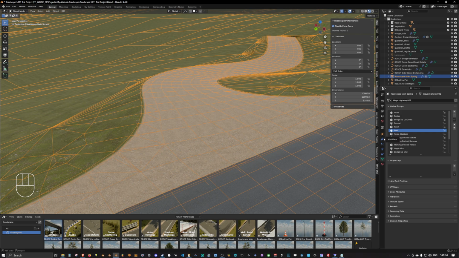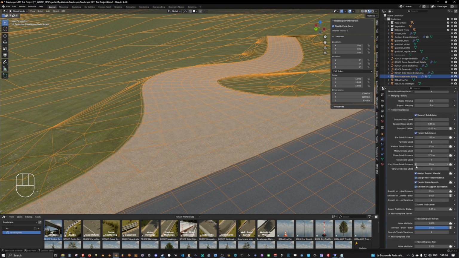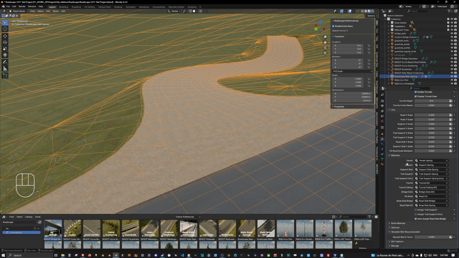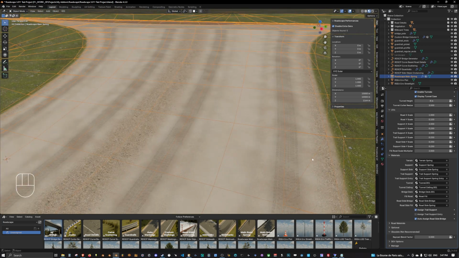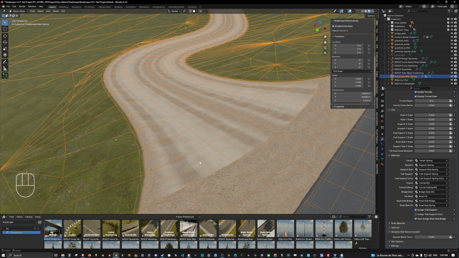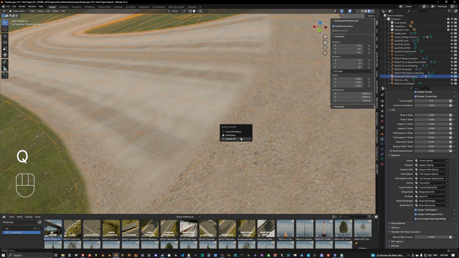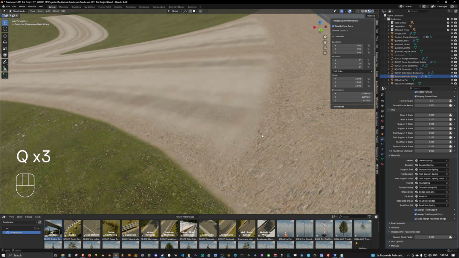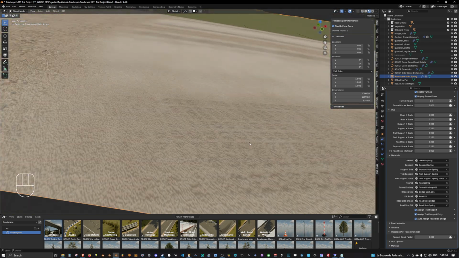The 3.1 version comes with dynamic texturing of the trail, and so we need to activate it, because by default it's not activated. You simply go into the material section, assign trail support. Okay, so as you can see now it's textured. And you can assign trail support entry. What this will do is change these faces here. So I'm activating this as well, and as you can see now, we have a fading going on between the support and the trail